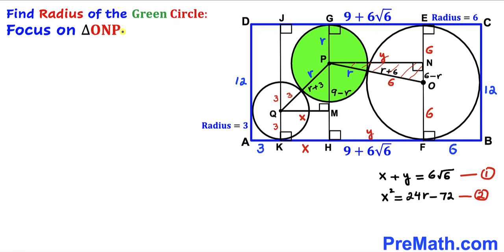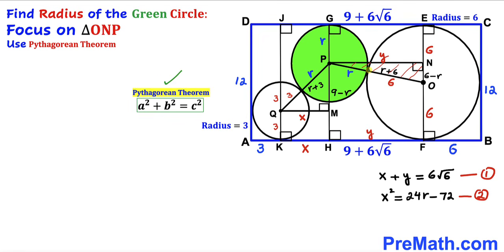And now we are going to focus on another right triangle, O and P, and we are going to apply the Pythagorean theorem on this triangle as well. And here's our Pythagorean theorem once again. In our case our hypotenuse is r plus 6, whereas our two other legs are y and 6 minus r. So let's go ahead and fill in the blanks in this Pythagorean formula. So we got y square plus (6 minus r) whole square equal to (r plus 6)